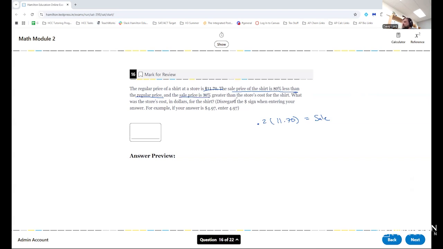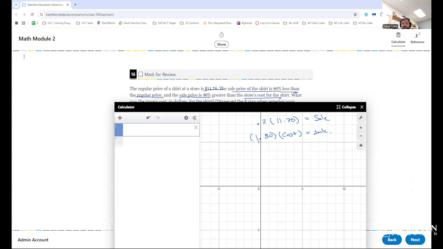The sale price is 30% greater than the store's cost. So whenever it's percent greater than, it's 1 plus the percent. So 1 plus 30% times the store's cost is equal to the sale price. Now, I could find the sale price, plug it in here, and then divide, but let's put it all together. So the sale price is going to be 0.2 times 11.70, but in order to get the cost, we're going to take that sale price and divide it by 1.3,